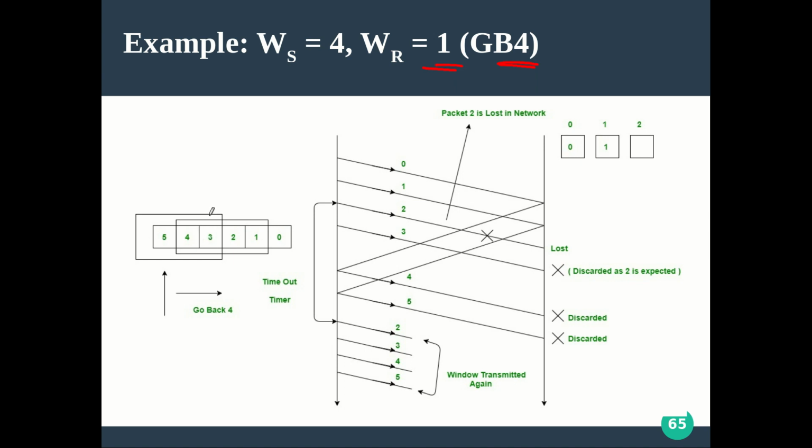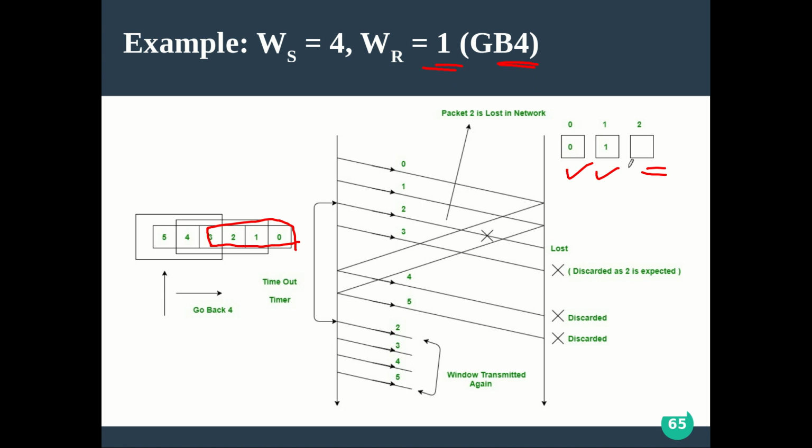So the initial window is like this, and this is how the window moves. Initially it is something like this, then it moves to this rectangle, and again slides to this rectangle. Now what will happen? Initially you send, your window is 4, so 0, 1, 2, 3. 4 packets you sent. Now what happened? 0 received correctly, fine. 1 received correctly, fine. Now it is waiting for 2.